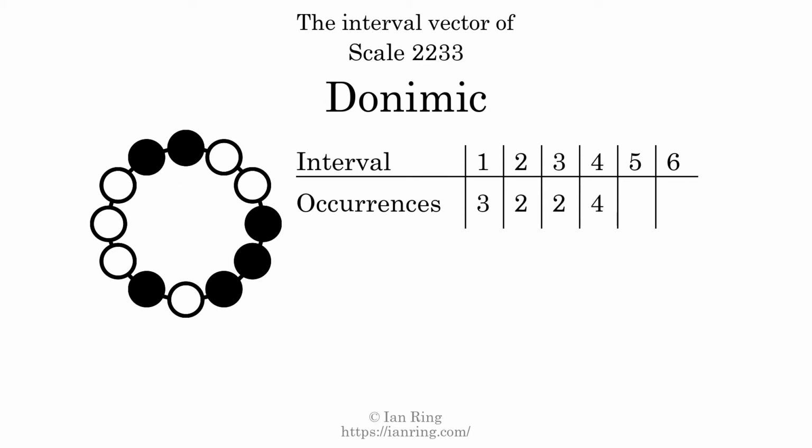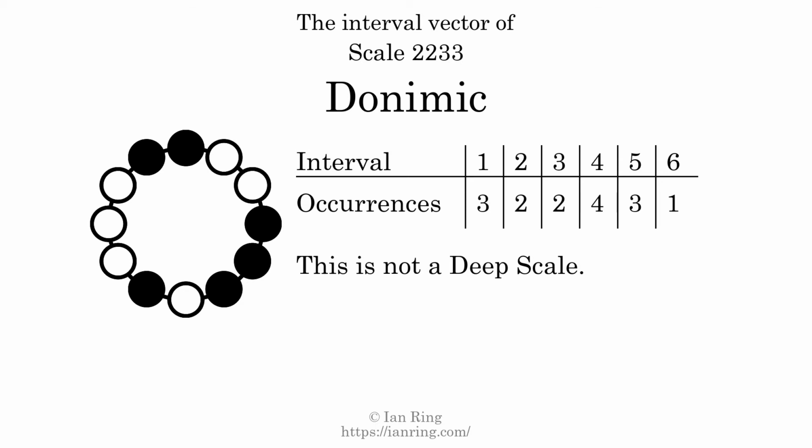There are 4 intervals with the size of 4 semitones. They are here, here, here, and here. There are 3 intervals with the size of 5 semitones. They are here, here, and here. There is 1 interval with a size of 6 semitones. It is here. Each interval does not appear in this scale a unique number of times, so this is not